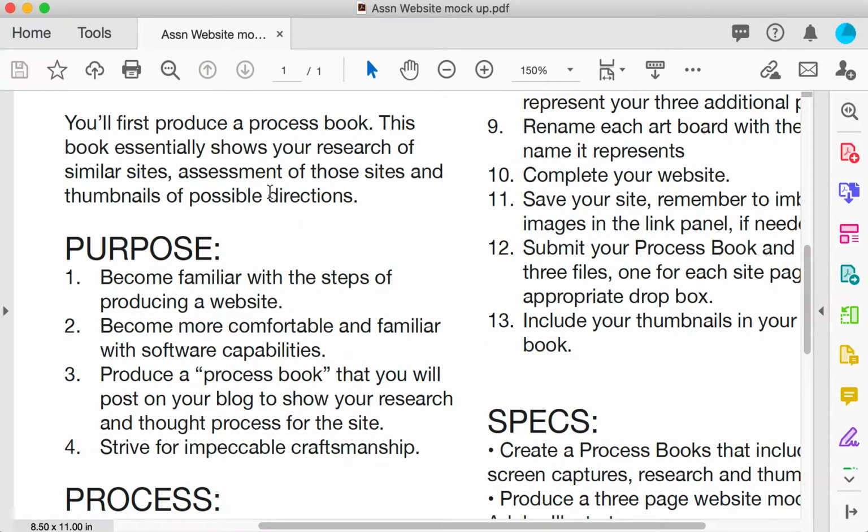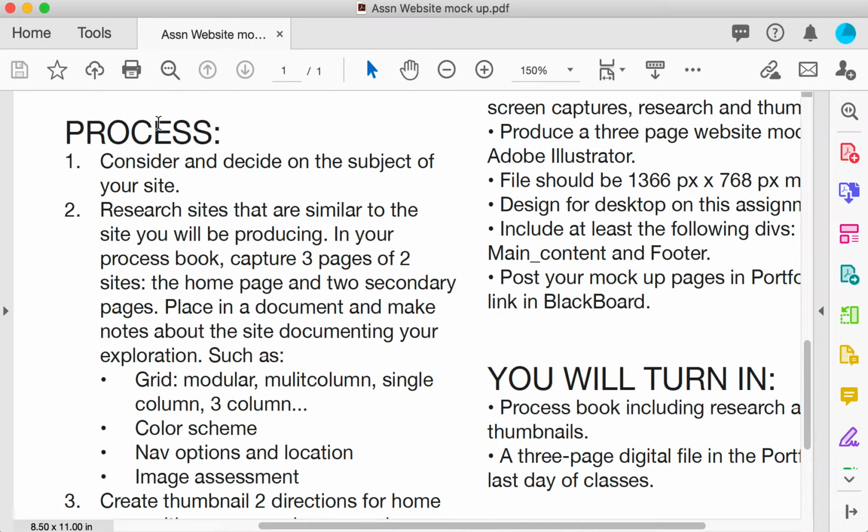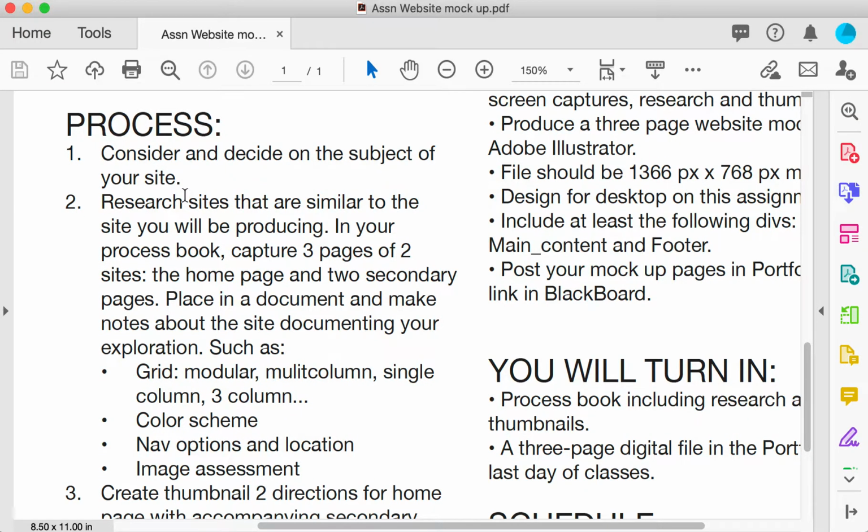You'll also produce a process book, and this book essentially is the research of similar sites. It's some assessment of those sites, and it's thumbnails of possible directions. So here's the process. You're going to consider and figure out what subject you want to do. You're going to research similar sites. In your process book, which can be in InDesign or in Word even,